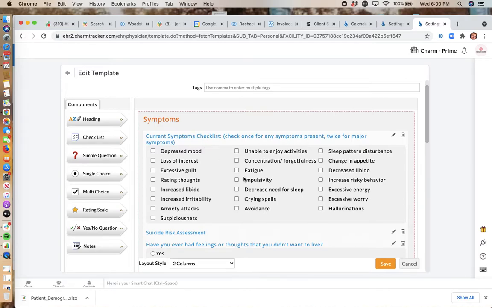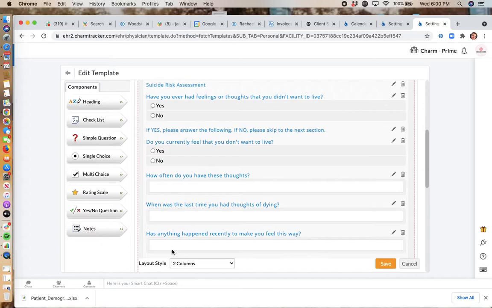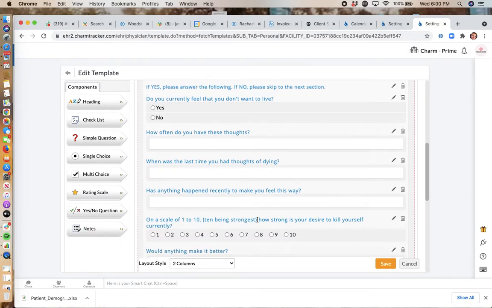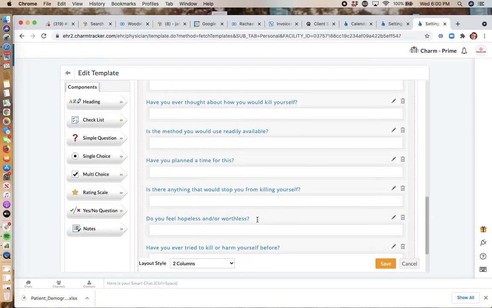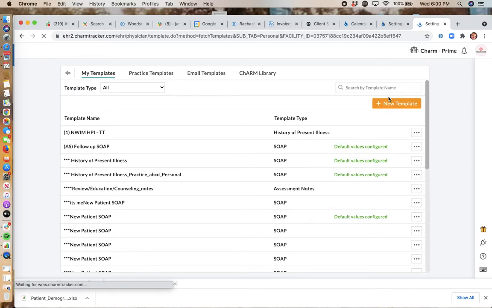I put in current symptoms, a suicide risk assessment, the answers that they give for that, along with additional questions that I need this patient to answer prior to their appointment. Okay, so the next thing I'm going to do is that I have an appointment scheduled with this patient, and I'm going to go into a patient's personal health record, and I'm going to fill out this intake form from